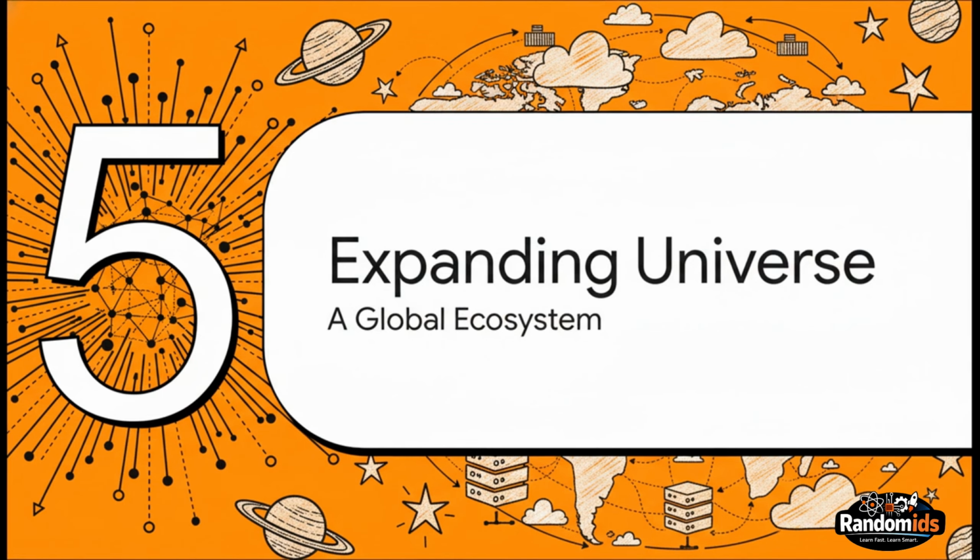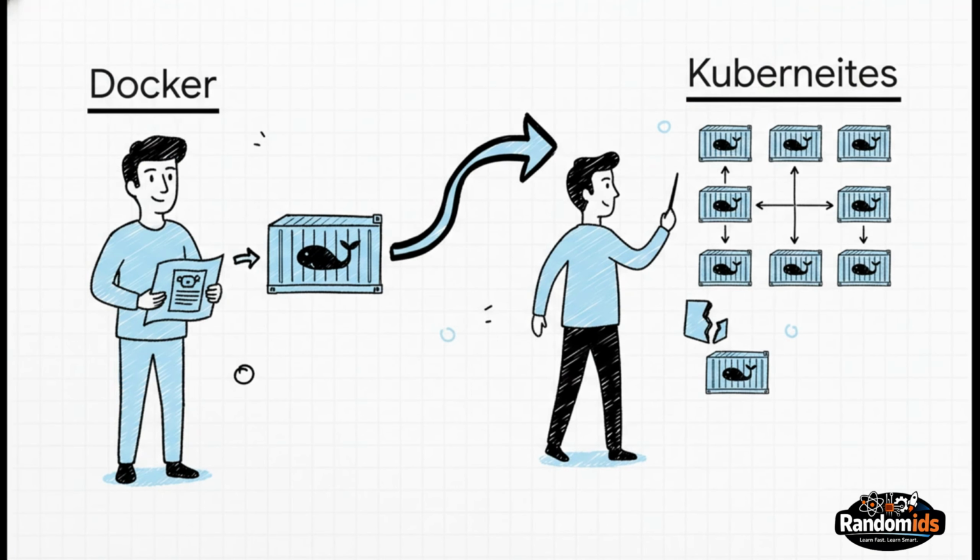But Docker's story doesn't end with just running one container on your laptop. Oh no, it has exploded into this massive ecosystem that powers some of the biggest applications on the planet. Its impact now goes way beyond just fixing that original developer dilemma. See, when you start running applications at huge scale, you'll hear another name pop up all the time: Kubernetes. The relationship between them is actually super simple. Think of it this way. Docker packages the application. Kubernetes runs the fleet. Docker creates the container, and Kubernetes is the master system that manages running thousands, or even millions, of those containers across a ton of machines.